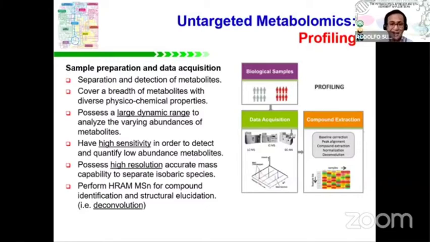mass spectrometry. Okay, and usually these high resolution mass spectrometry, you normally use orbitrap detectors with resolution that reaches as high as 100K. They can perform this high resolution accurate mass detection or HRAM. And most of the mass spectrometers now are equipped with deconvolution programs to allow you to separate isobaric species or various metabolite species that elute at almost the same retention time. Okay, so